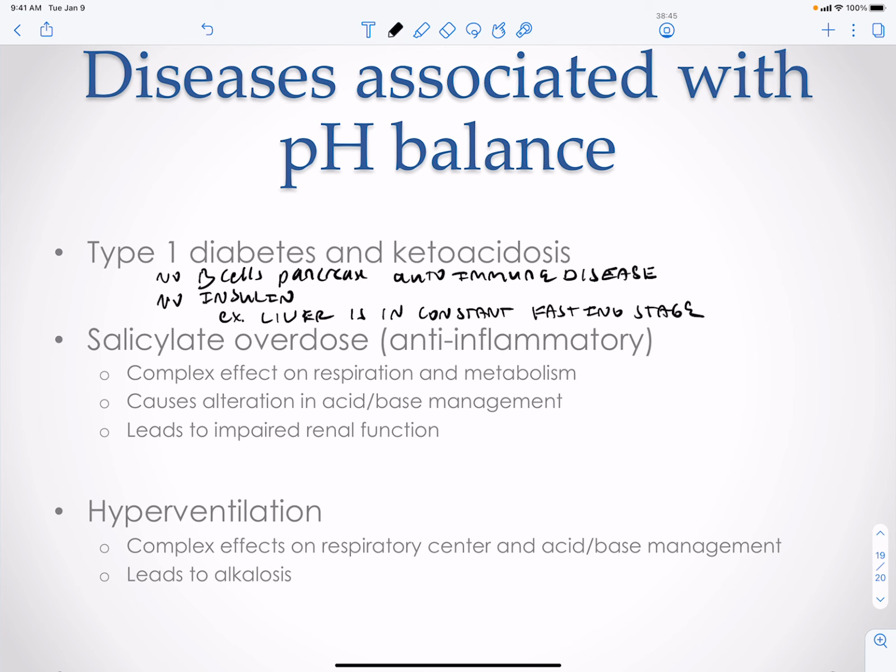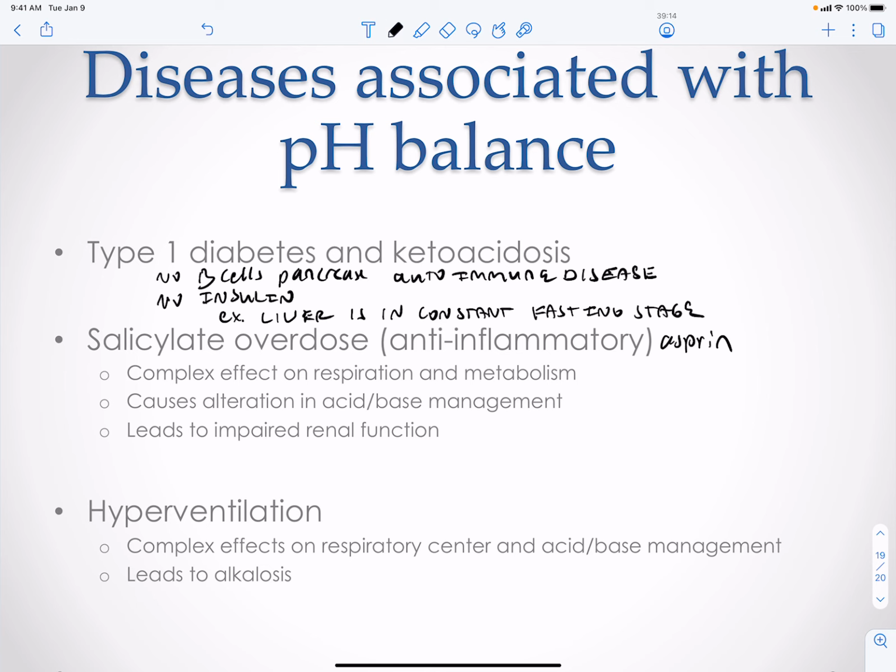Even if you have an increase of insulin, your muscle cells have no insulin to tell them, so they are not using that glucose that you just ate. And so, again, in an untreated type 1 diabetic, your body believes that it's constantly fasting, regardless of your intake of food. Now, when you have an aspirin overdose,